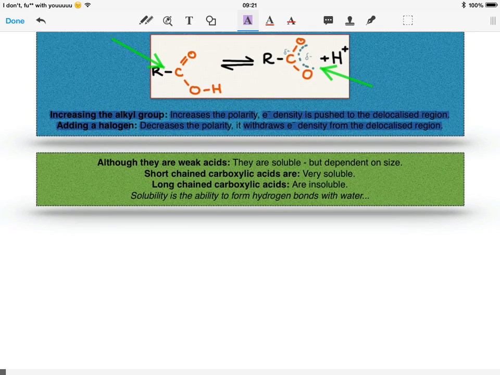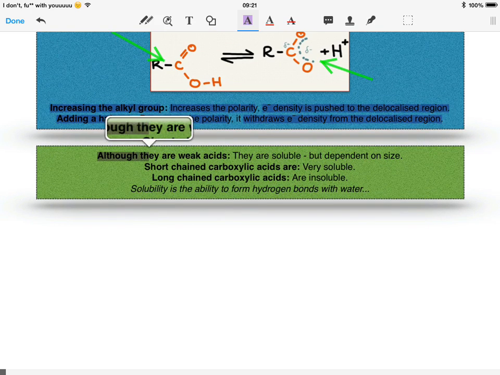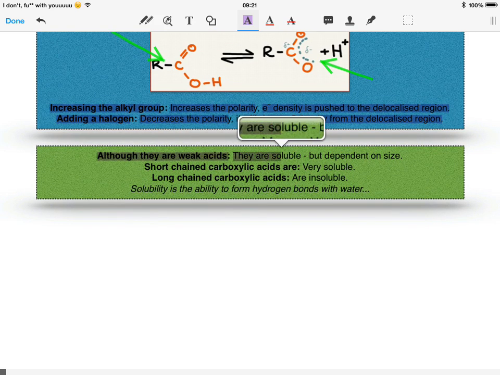Okay, so although acids are weak, they are soluble, so this means that they can form hydrogen bonds with water, but this is dependent on the size. So, short-chained carboxylic acids are very soluble, whereas long-chained carboxylic acids are insoluble, and the reason for this is because the longer the alkyl chain, it actually gets in the way of the hydrogen bonds, which obviously prevents it from